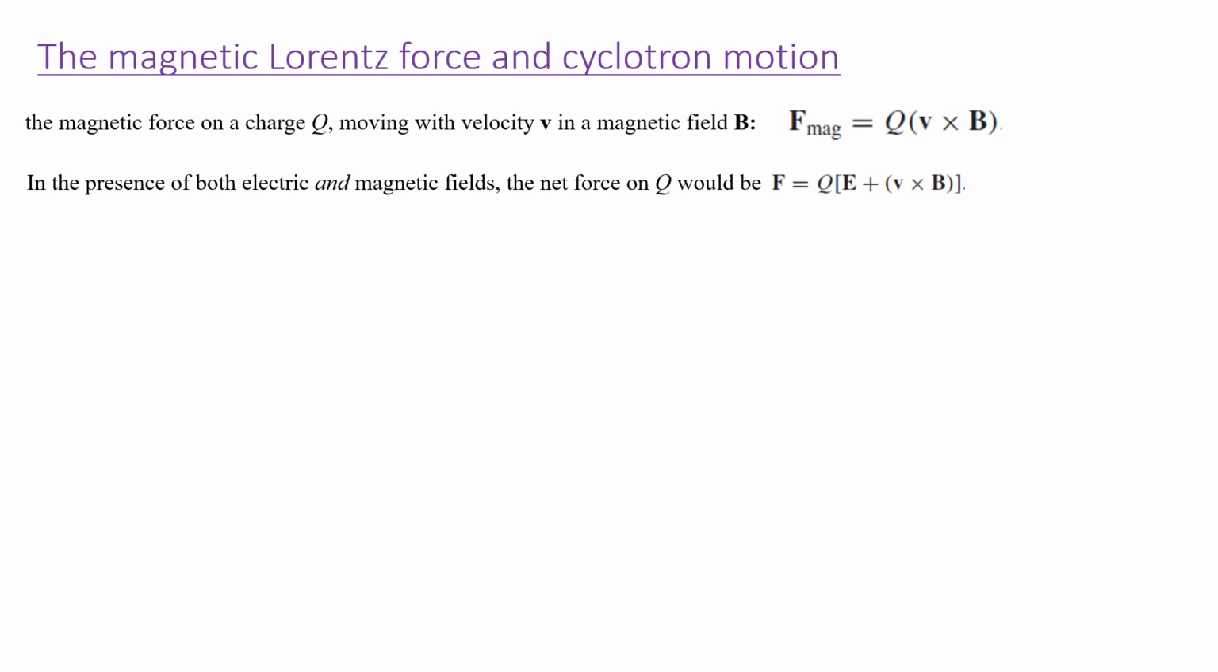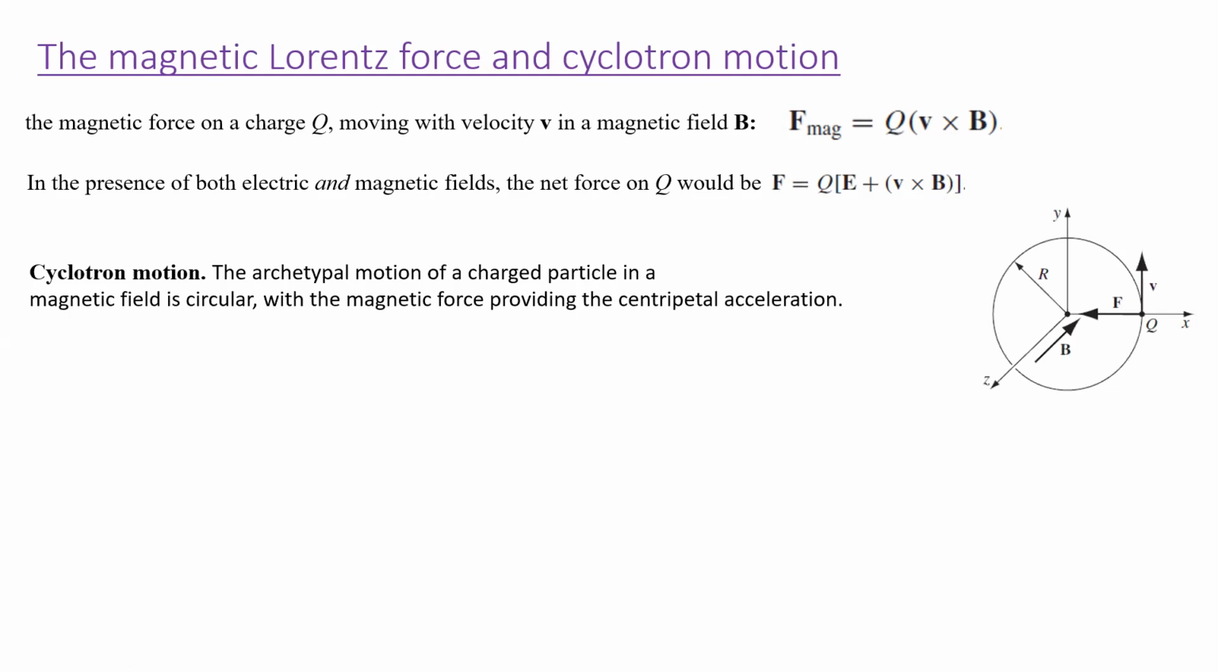Okay, so what do charged particles do when they encounter magnetic fields? They generally move in circles, okay? And the technical name for that is cyclotron motion. A charged particle in the magnetic field moves in a circular fashion with the magnetic force providing the centripetal acceleration. So if we take a look at this charged particle here,